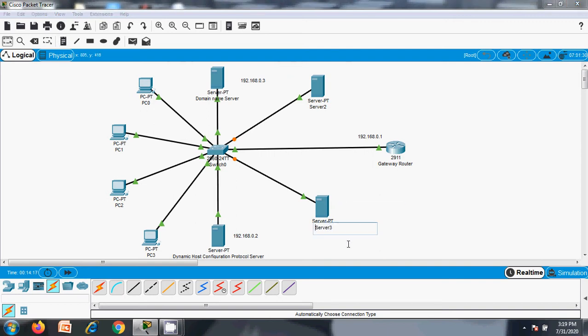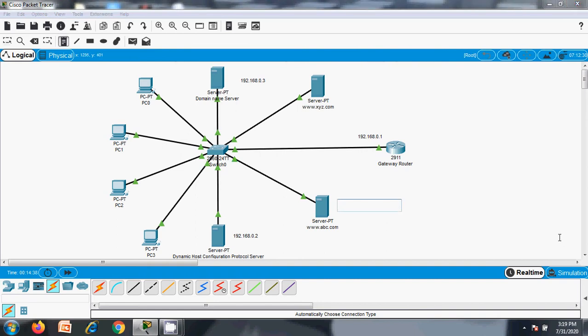Okay, let's take the names of these websites, www.abc.com and www.xyz.com. Okay, and we'll allocate the IP for these too.